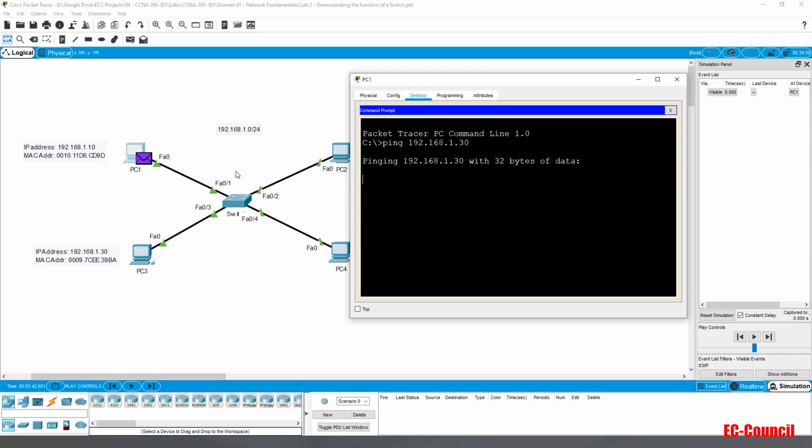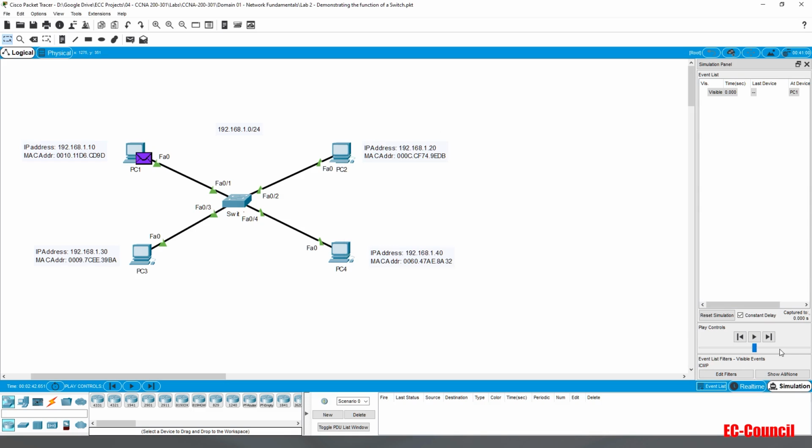As we can see, the message is created on PC1. Next, the message is sent to the switch. The switch forwards a message directly to PC3 only. PC3 responds, the message is sent from PC3 back to the switch, and the switch forwards a message back to